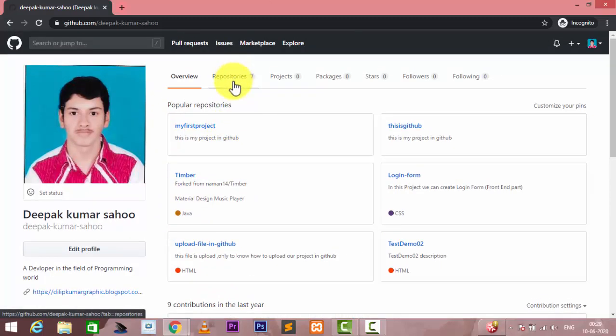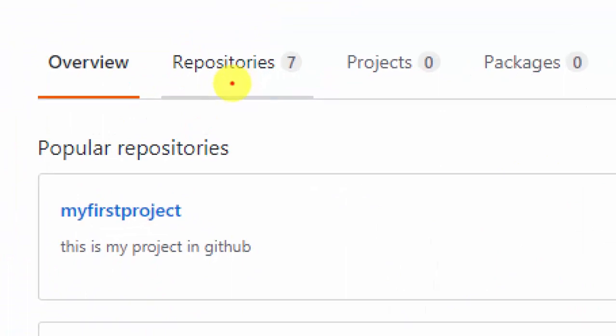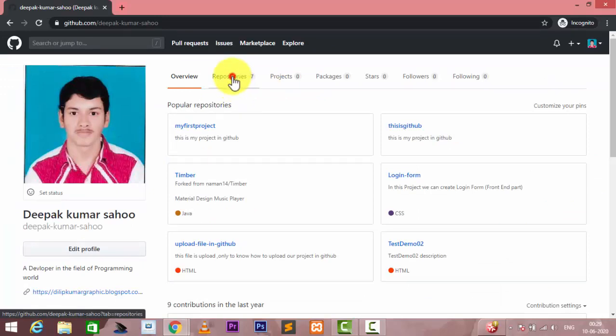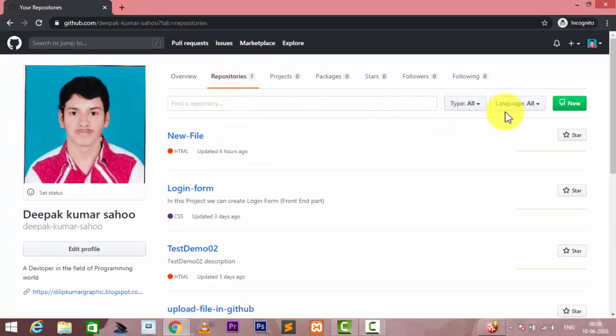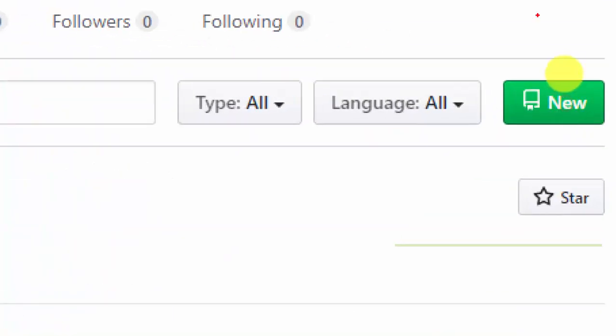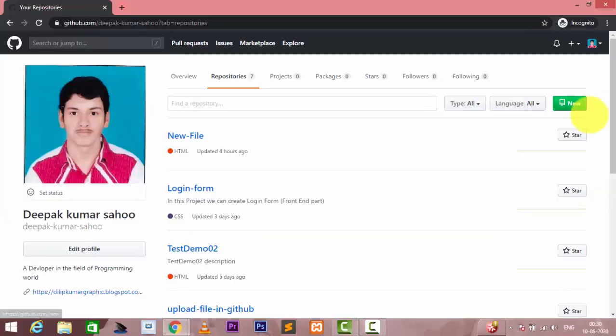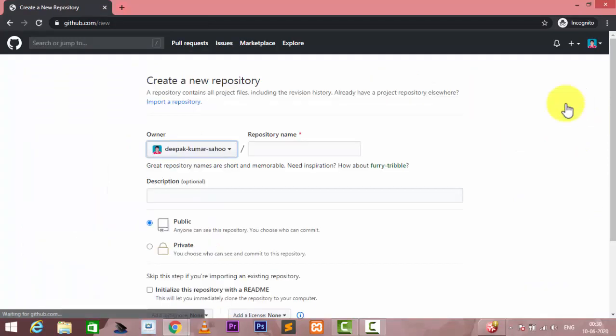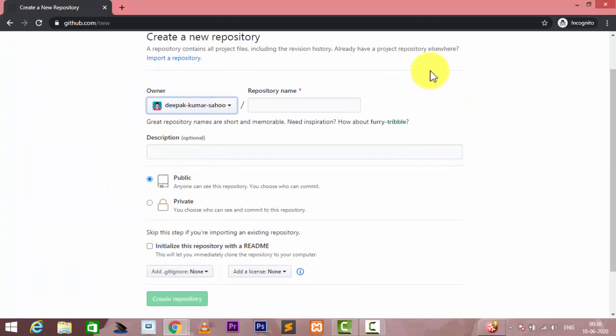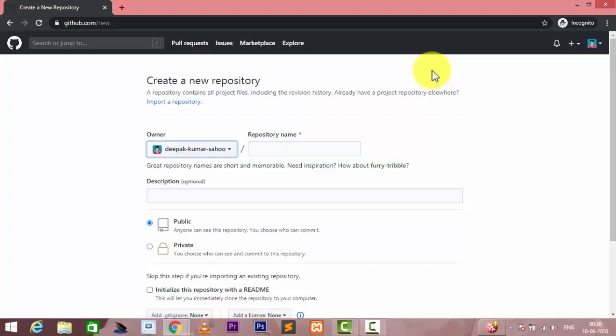Again, I zoom out. This is my repository, and after this I click on that and simply create a new repository here. After clicking here, you just create a repository.